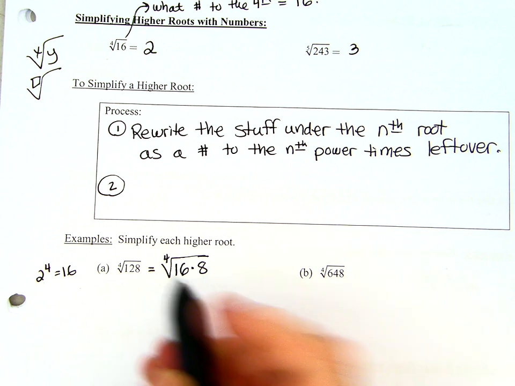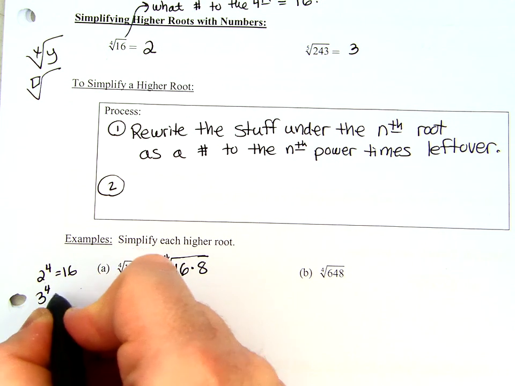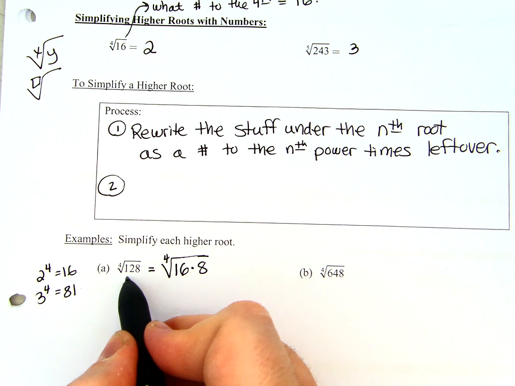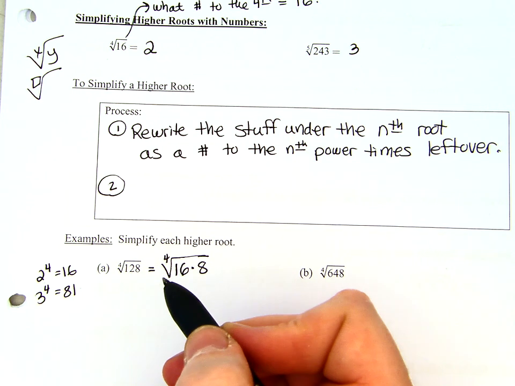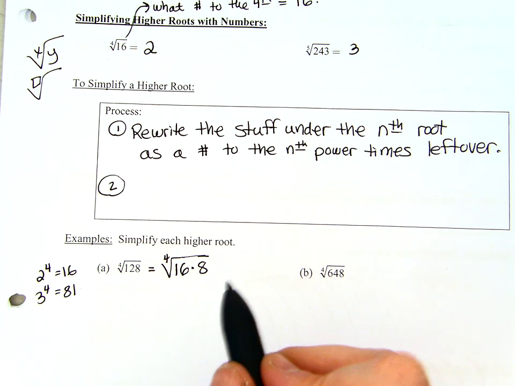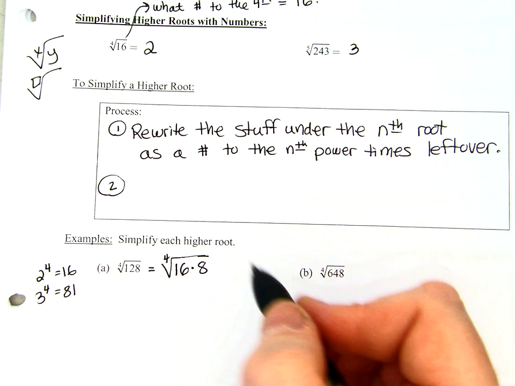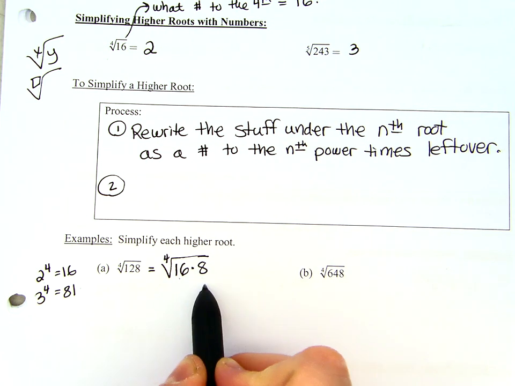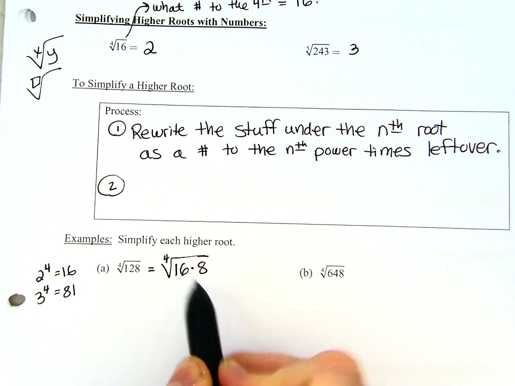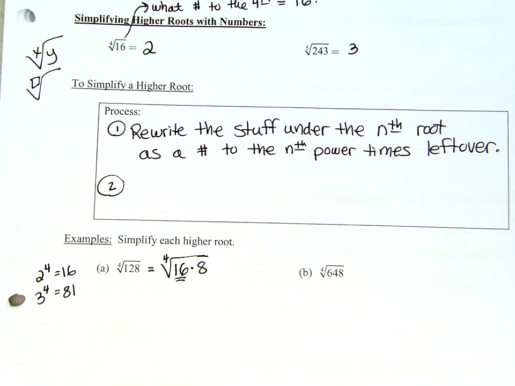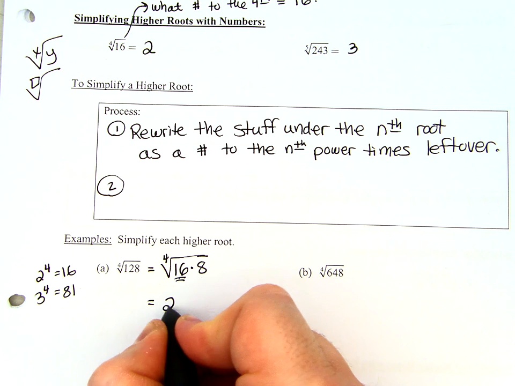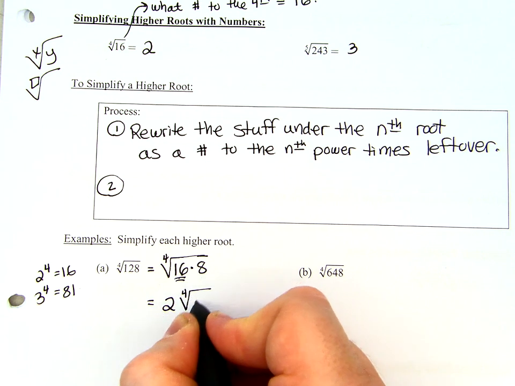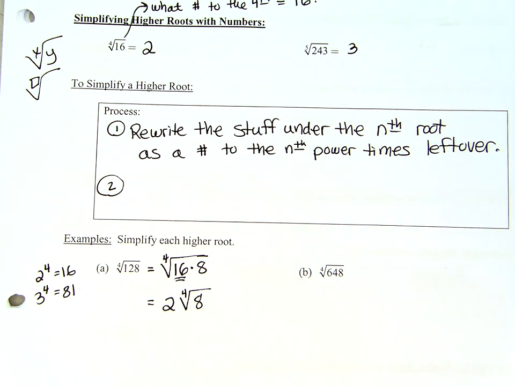If that didn't work, I'd have to go on to 3 to the fourth, which is 81, and I'd have to try to divide 128 by 81. But I don't have to do that because 16 works. Step number 2. I think you know what step number 2 is. Which of these numbers can you take the fourth root of? What is the fourth root of 16? 2. My answer here is 2 times the fourth root of 8,